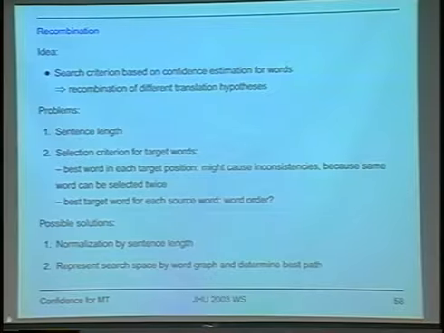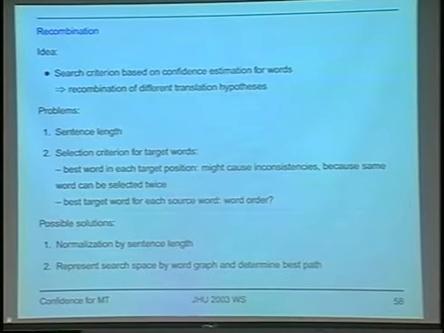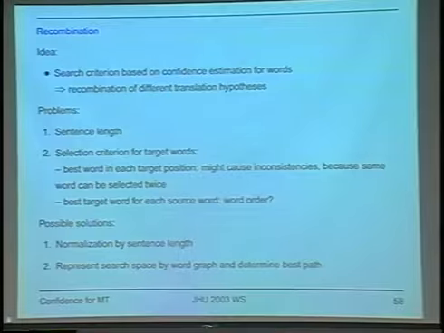But there are a couple of problems with this approach, like for example the sentence length has to be determined somehow, and if we only look at the confidence estimation, I guess as probabilities, for example, like posterior probability or something, it'll tend to prefer shorter hypotheses, of course, because we multiply a lot of small probabilities, and so it will always tend to prefer shorter hypotheses. So one solution to this might be to normalize by the sentence length, but then we also